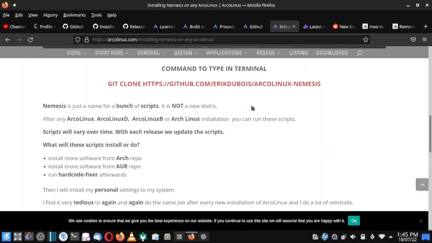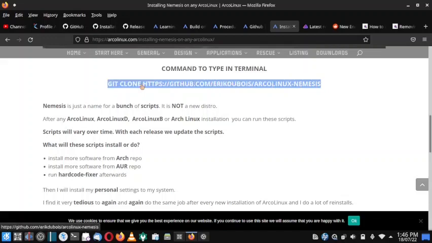So let us try it. This script can only be used after any ArcoLinux D, ArcoLinux B, or Arch Linux installation. It even runs on an Arch Linux installation also. So let us try it out. What we have to do is just copy this command,